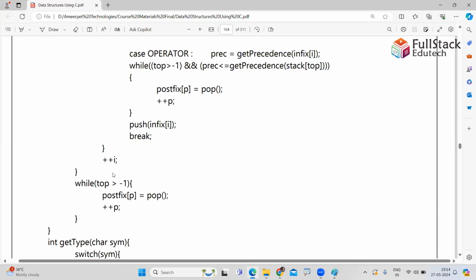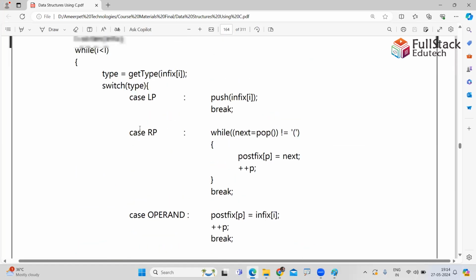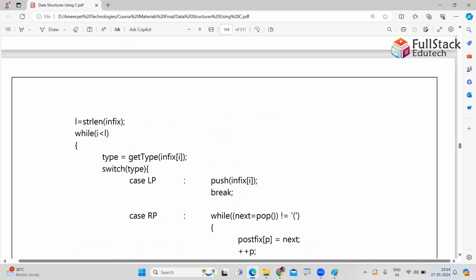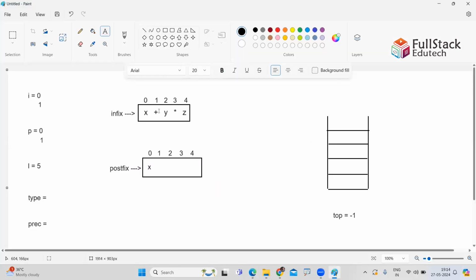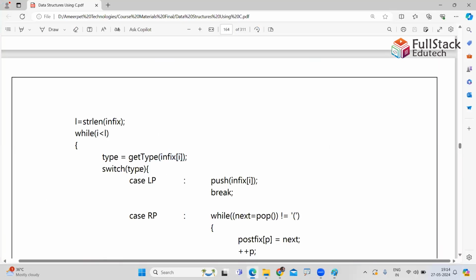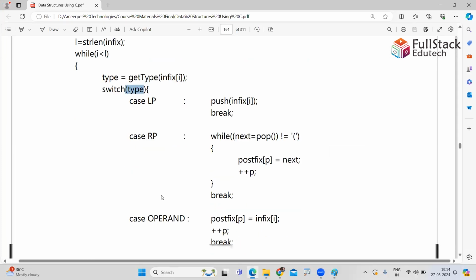Okay, now again the loop will repeat. Here it is. Now 1 is less than 5, because the condition is true. Get type of infix of I. Infix of 1 is a plus. That plus will get switch type of plus. It will go to